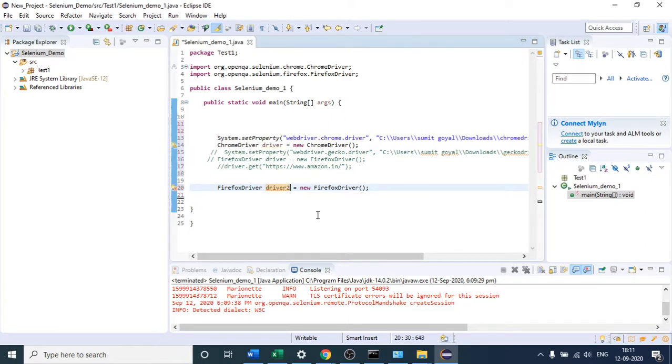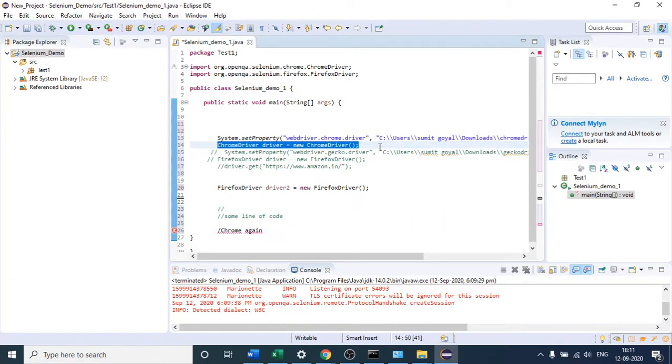So what will happen? Suppose after some lines of code, you have written some more lines of code, and you have to run it in, suppose, a different browser. Suppose you have to run this in Chrome again. Then I have to again click this line and write this whole line again. So understand one thing: we have to write this full line again. So we will not write it like this. It is not a good way of writing if you have to open it in Chrome.